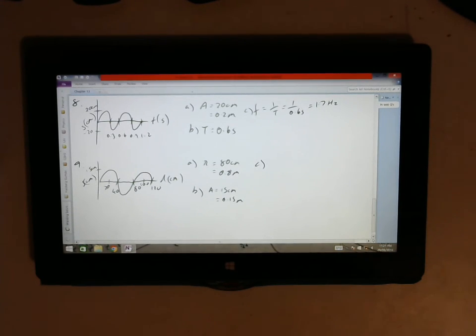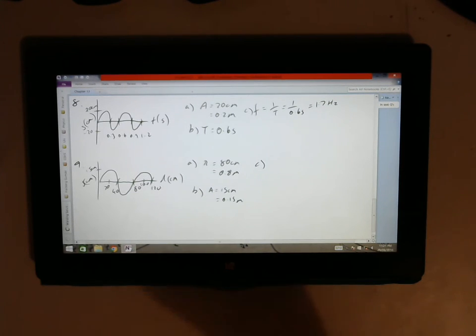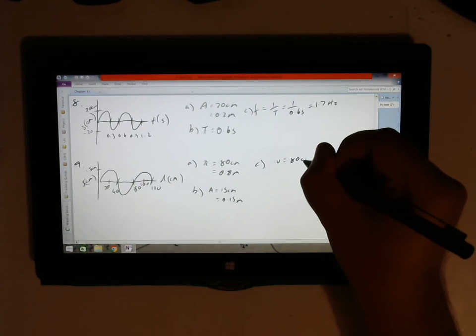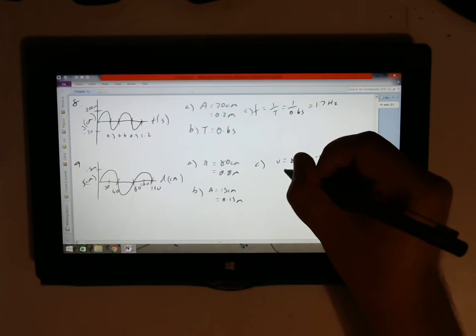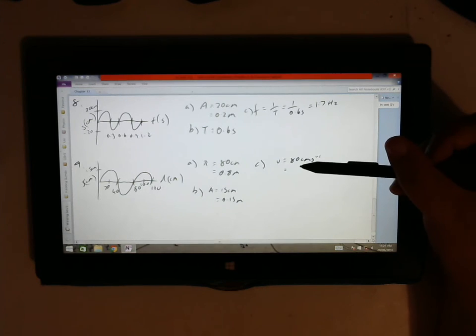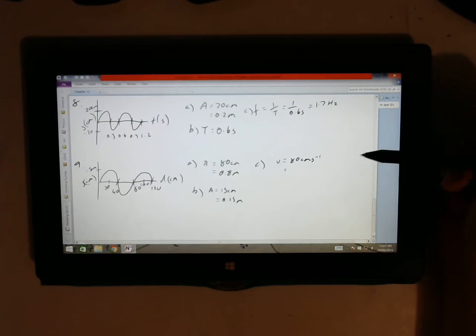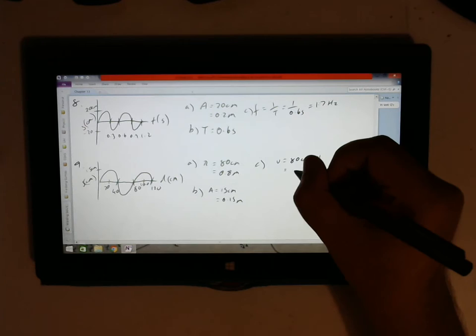If the wave is travelling to the right at a speed of 80 centimetres per second, find the frequency of the disturbance. So we're told that v equals 80 centimetres per second. Let's convert that to SI units. We need to convert centimetres to metres. The per second here is fine. How do we convert centimetres to metres? We divide by 100. So that would be 0.80